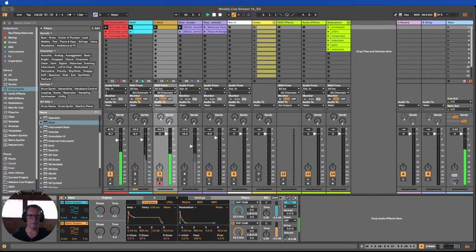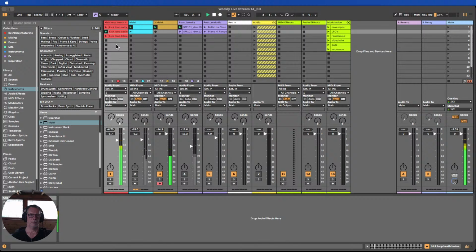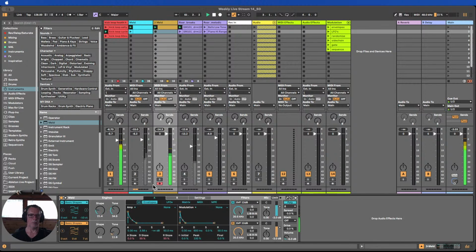More sustain. So here we've got a fairly conventional sound going, so I hope that kind of helps see that it's not only